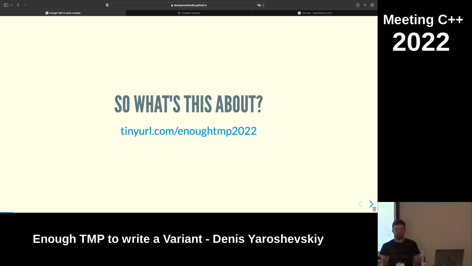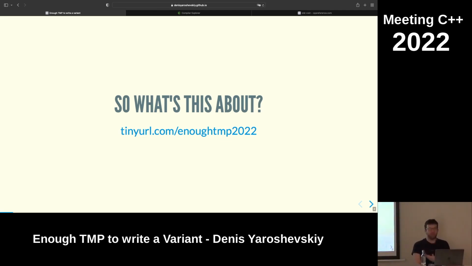Also, high-frequency traders, like if you've been to the previous talk in room A, that was by high-frequency traders. Those people love their templates. There are many applications. In the standard library, there are two: tuple and variant. And because they're in the standard library, people do them a lot. I have written a variant, I think, for every standard since 11 in some quality.